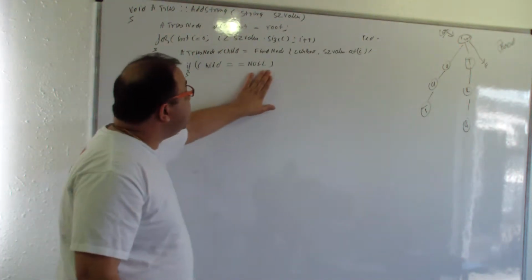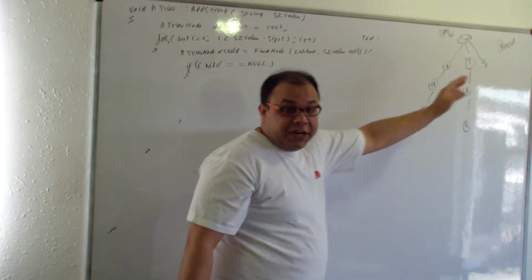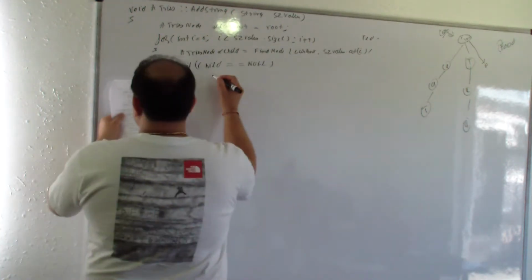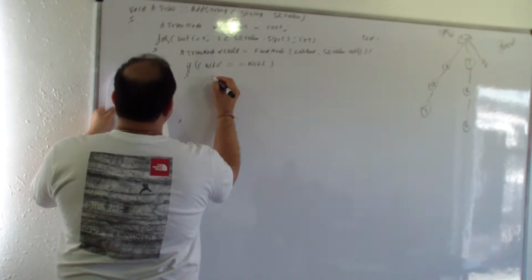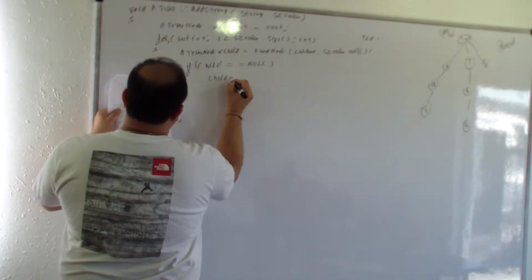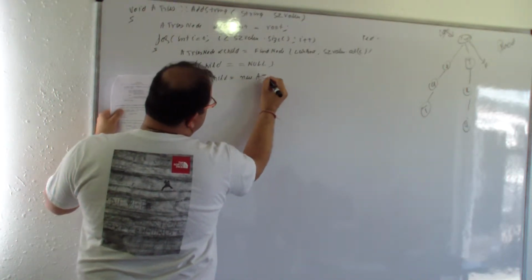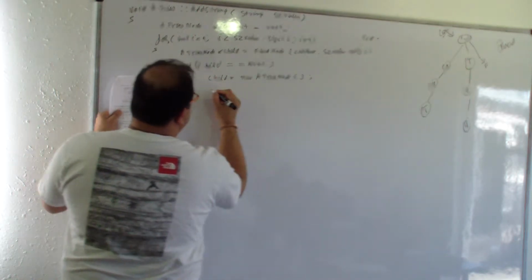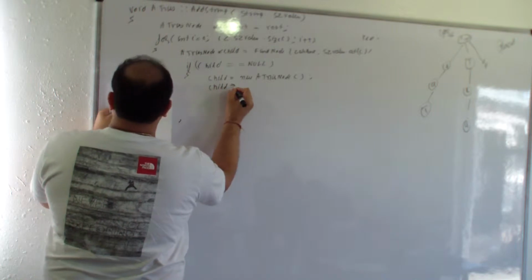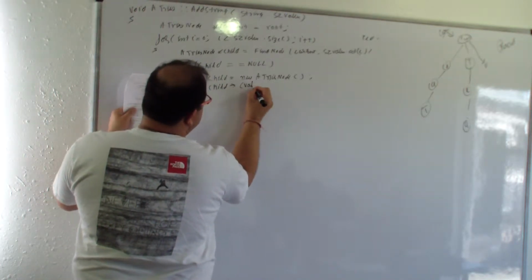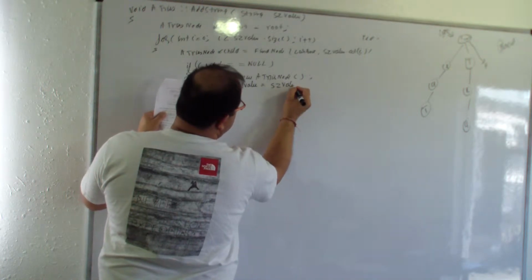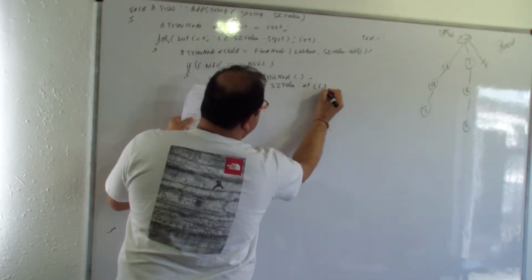Yeah. So let's say the child is equal to null. I did not find f. Then in that case, what I will do is I will create a new node. Child is equal to new a tries node, and then child arrow c value is equal to sc value add i,